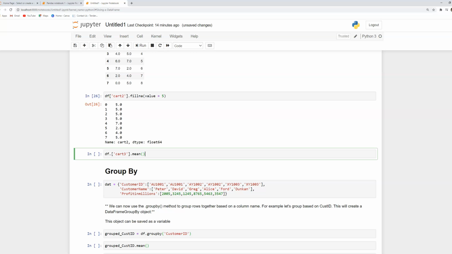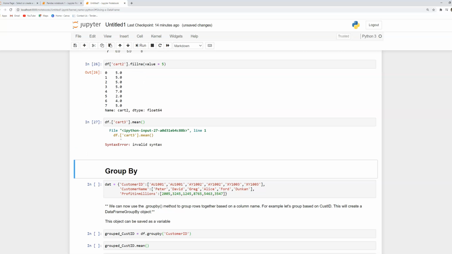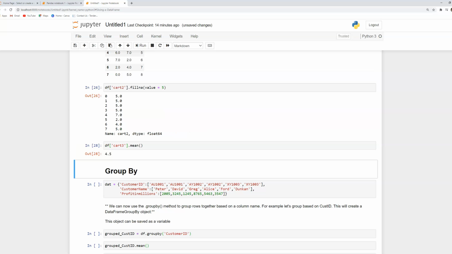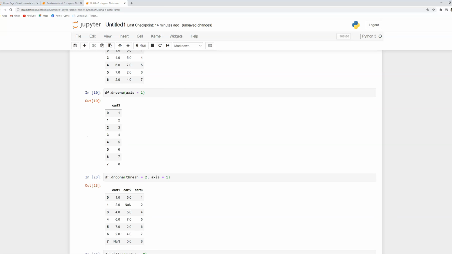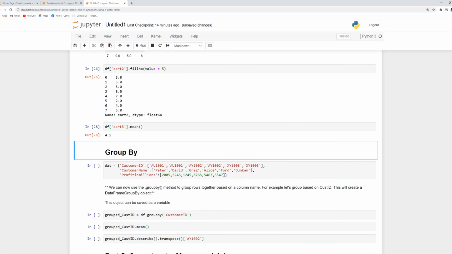Again, you can utilize the aggregate function called mean. Okay, so there was a syntax error in this. If you simply use mean dot mean, there is a function called mean. If you use that, it will simply get you the mean of the whole column from card 3. So this will calculate the mean of the column card 3. This is how